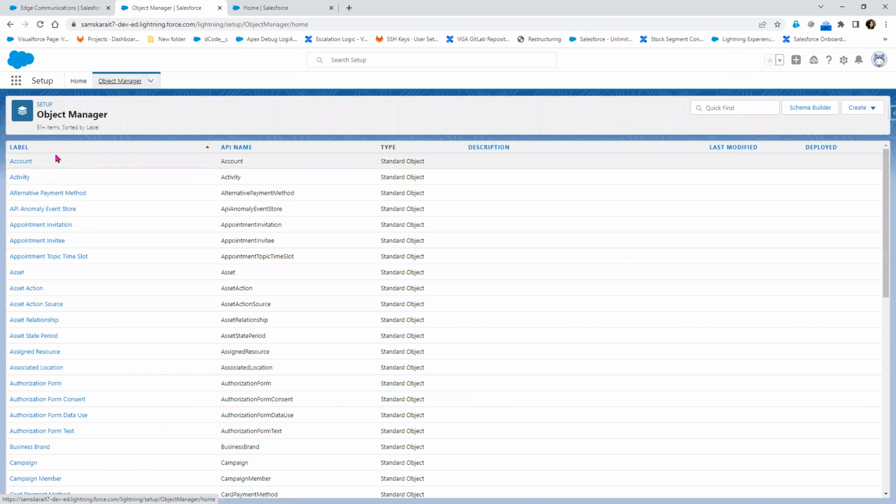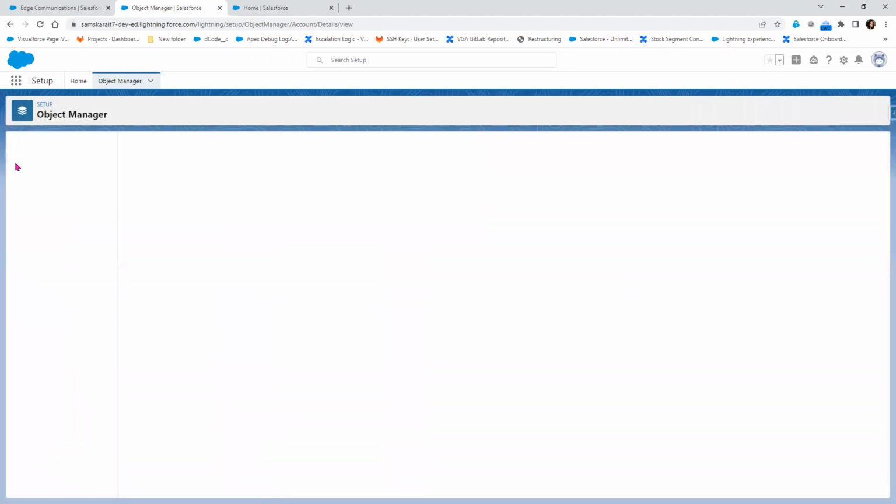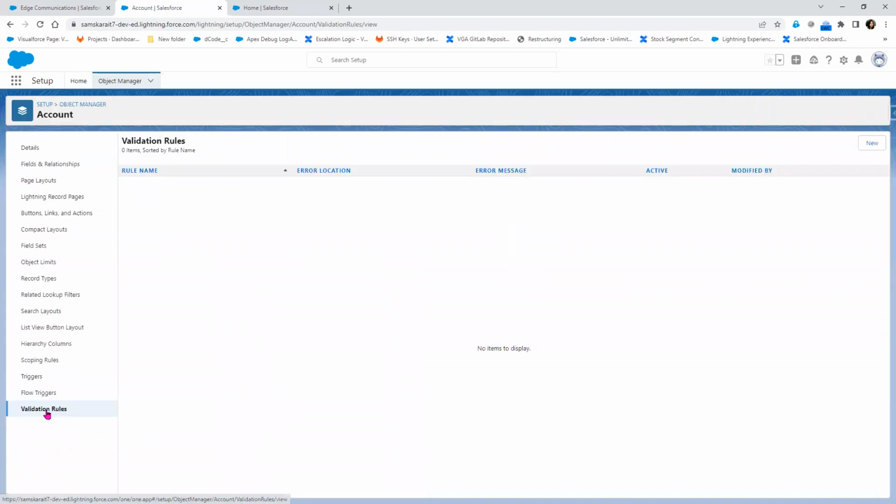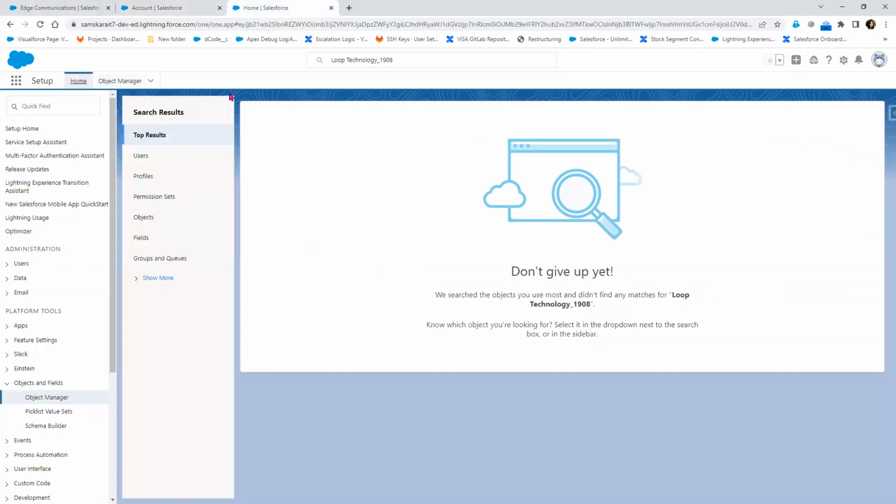Which object do you want to implement the validation rule on? So for example, we want to implement it at the account level. On the account level, at the bottom of the screen, you will see Validation Rules. It says 0 items sorted by rule name. There is nothing there. But in case you are in Classic,